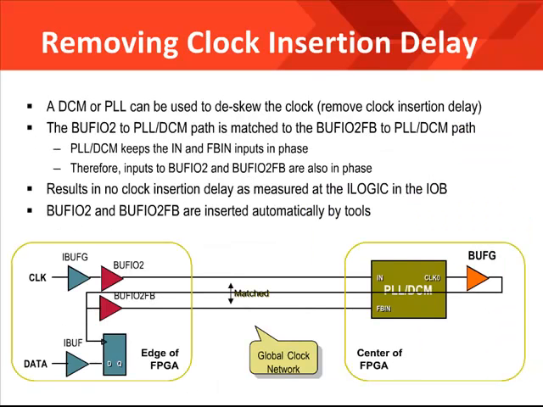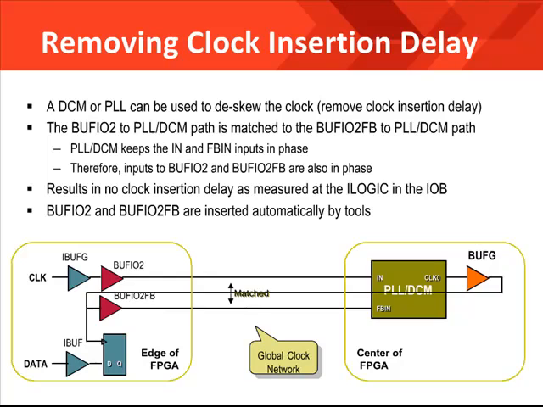Now, this is an example of how to remove clock insertion delay in a standard system. In this case, a DCM or PLL is going to be used to deskew the clock, that is, remove that clock insertion delay. First of all, the clock will come in through an IBUFG primitive and connect to a BUFIO2 primitive, which will be the fast way to get that clock to the PLL or DCM. Then that output clock will be routed on a global buffer